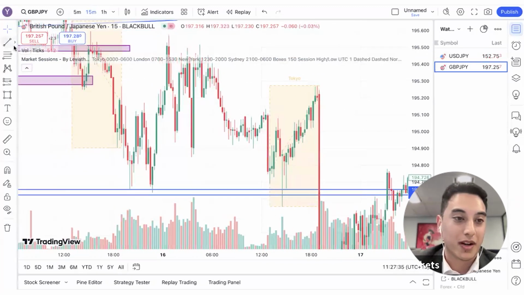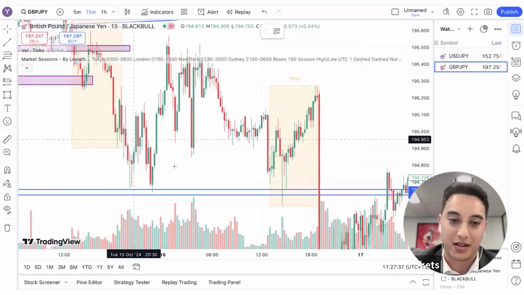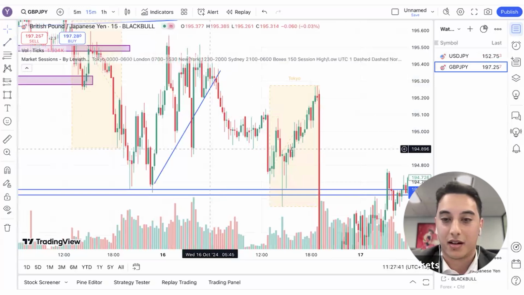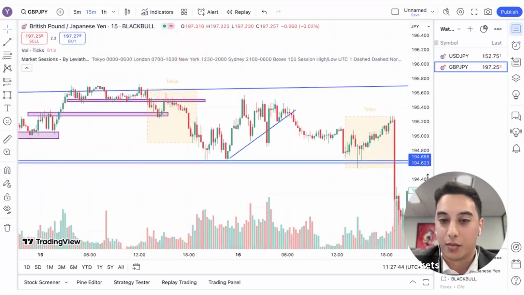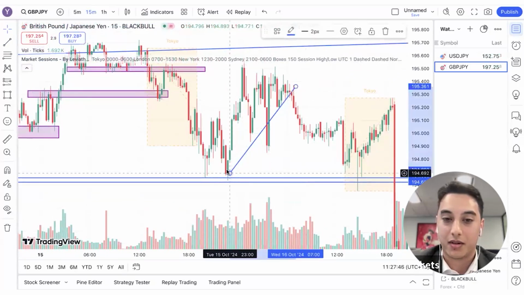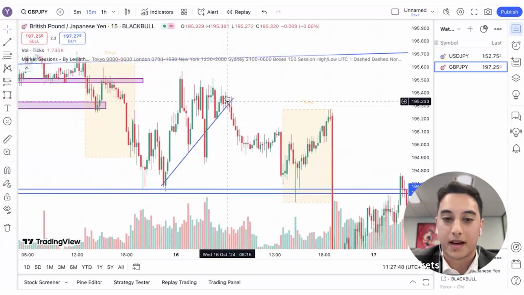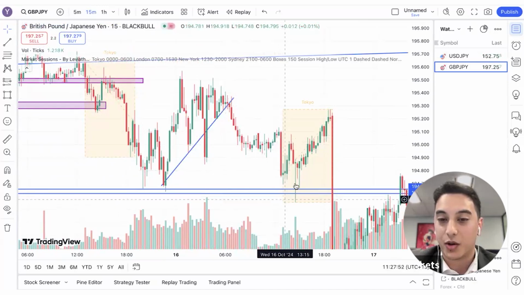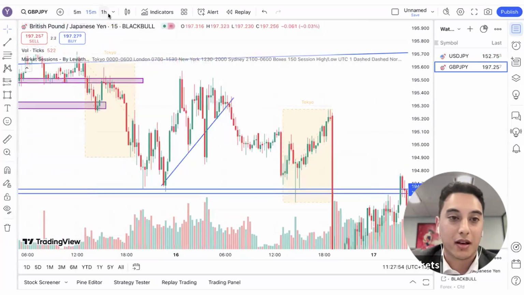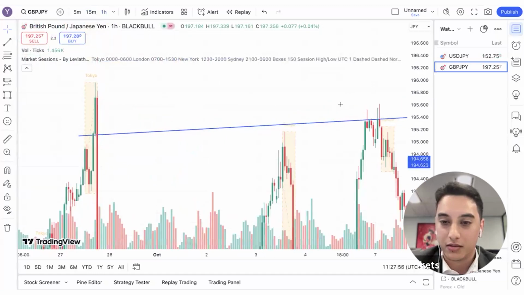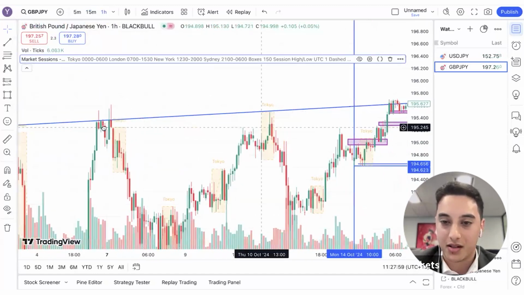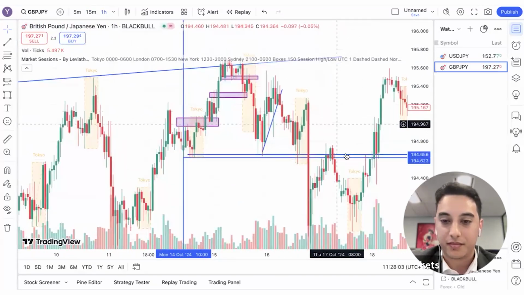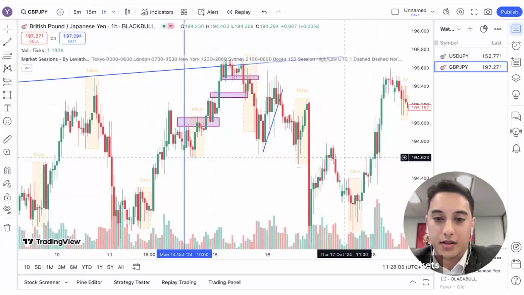But what was quite nice to see, I didn't personally book this trade, but you had kind of a breakout in this area. Price came down here, pre-market took a dip, and it clawed its way all the way back. If we look at the 1 hour, perhaps it's going to give us some insights into what exactly happened. Let's take away these lines.